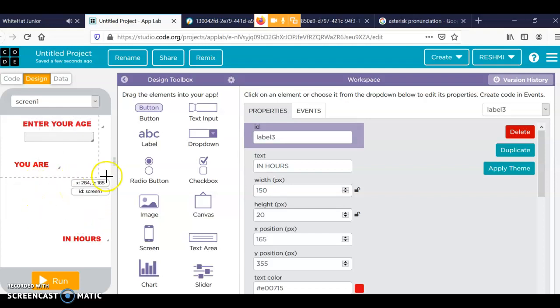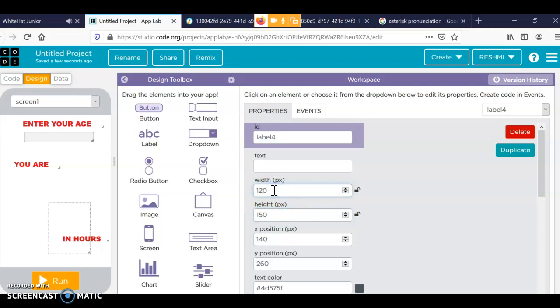For that, I'm bringing another label and I'm keeping it here. Okay? So what is the label ID? Now I just want to display the output over here. So I am making the text as a blank one. I am making the height also 150.